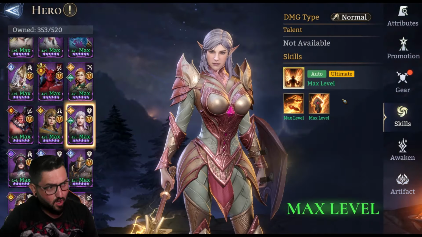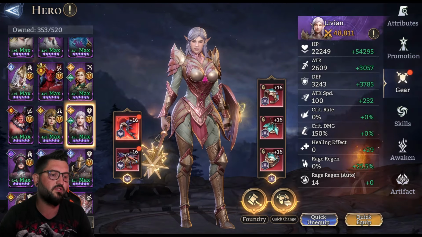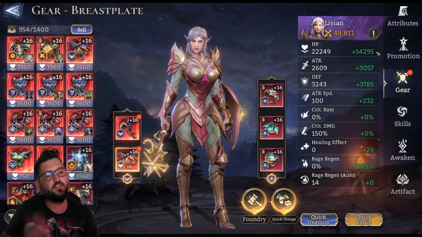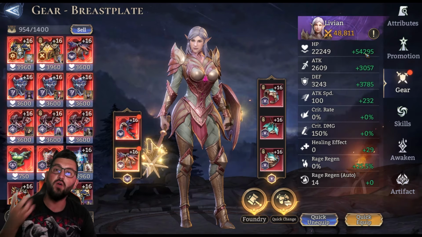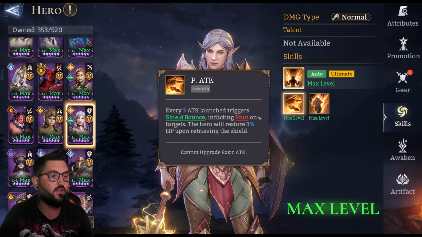Then when it comes to Livian, obviously she's an epic, she's fully skilled. She's running Guardian plus the HP set, what's it called again, Life Force. So obviously you want to give her as much HP as possible. The reason for this is, there's a part of the boss where he hits everybody and then he hits the person with the highest HP. So obviously you want to have that on somebody like a tank, but if they bring more utility, for example like Livian does,